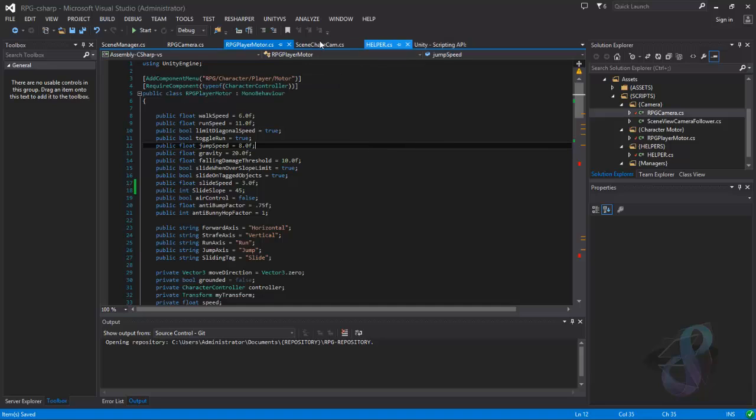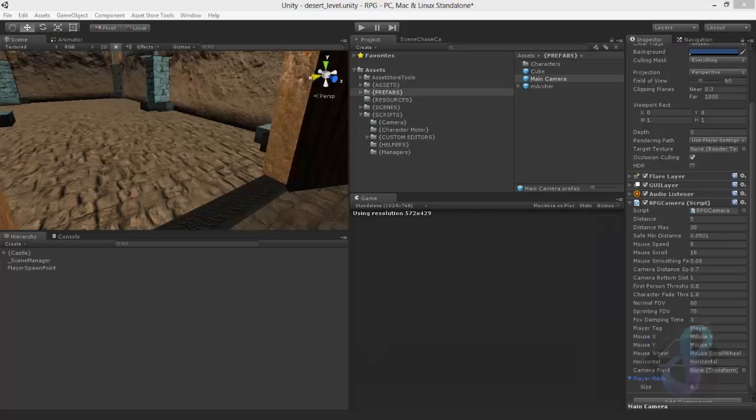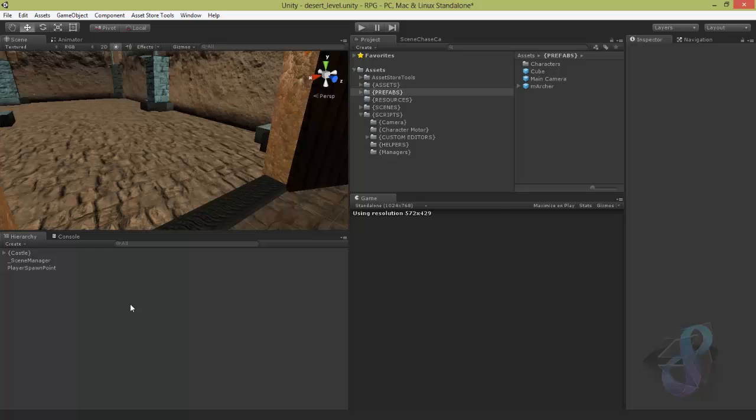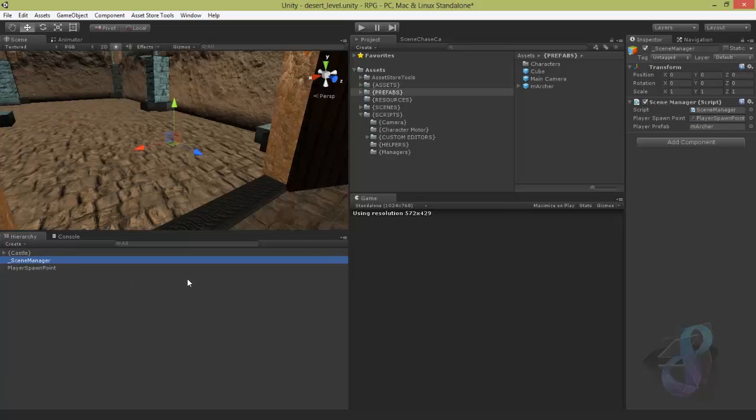It was lots of back and forth jumping between these two, especially, but I hope you could follow it. And at the end, now we have a system that, one, uses a spawn point inside the scene manager and spawns our character inside. Second, checks if any problems exist with my main camera or the player camera or anything like that. The only thing that I didn't check